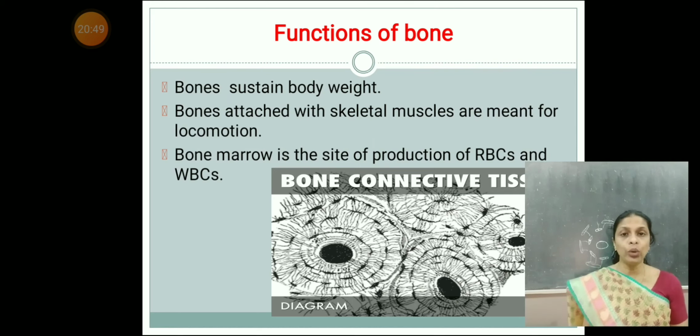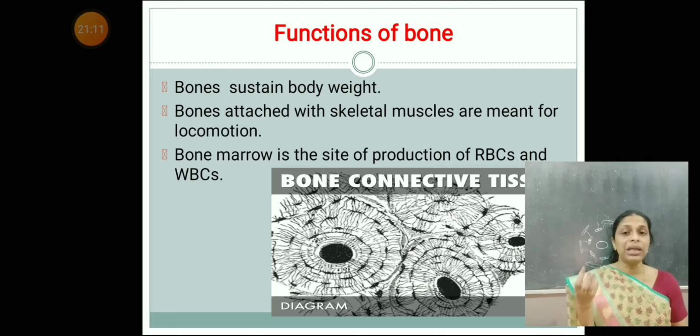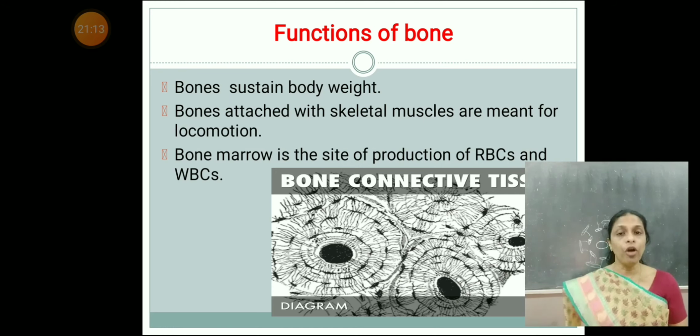The bone marrow, that is inside the bone, there is a substance which is called bone marrow. This bone marrow is a site of production of white blood cells as well as red blood cells. You know that red blood cells are the red cells which are found in the blood, right? And WBCs are also cells which are found in the blood. And you know that red blood cells have an important function to perform. What is its function? It helps in the transport of respiratory gases.